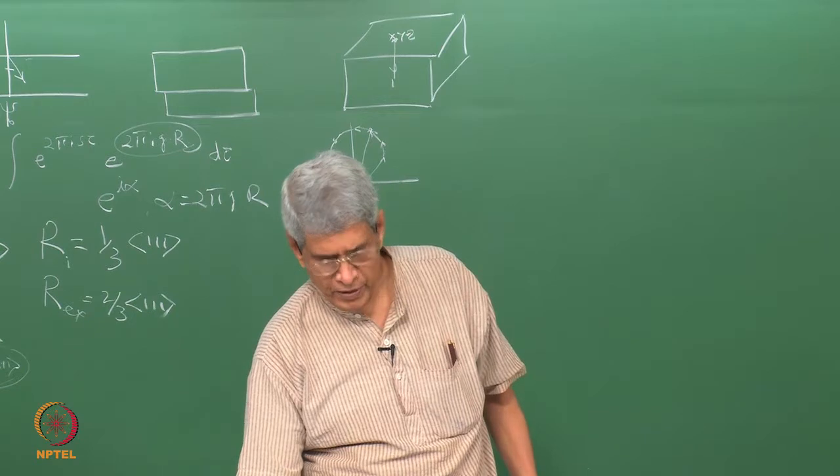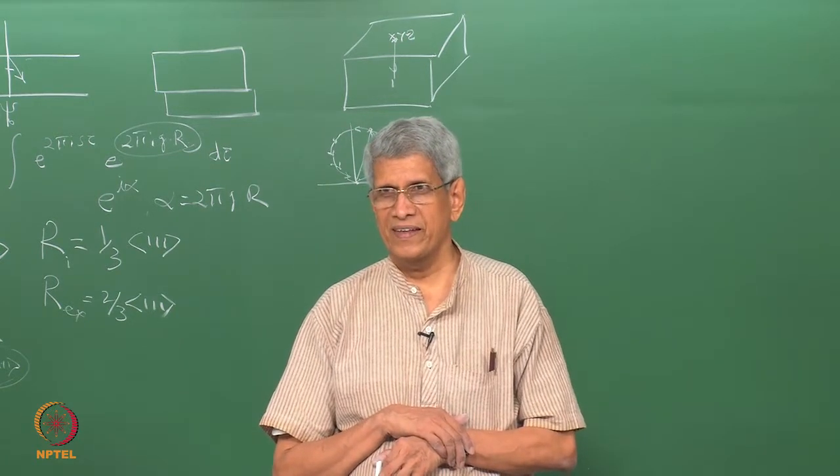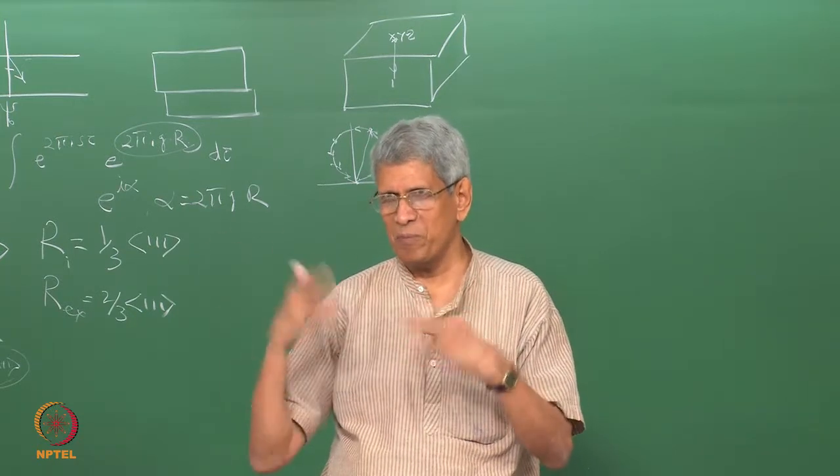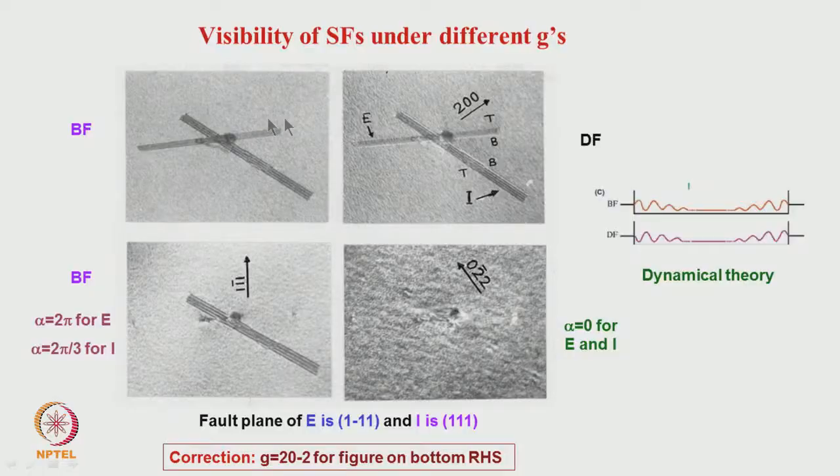You look here, the fringe is asymmetric. One is bright at the top; which is top and which is bottom has to be found out. There are many methods by which to do this, and this is one thing which happens. Now the same area, I image it with a reflection 1 bar 1. That is, I go to a two beam condition where the central beam is there and the diffracted beam is such that the 1 bar 1 planes are the only ones which satisfy the Bragg condition. Then under that condition when we image it, I find that this dislocation is absent, this stacking fault is absent.